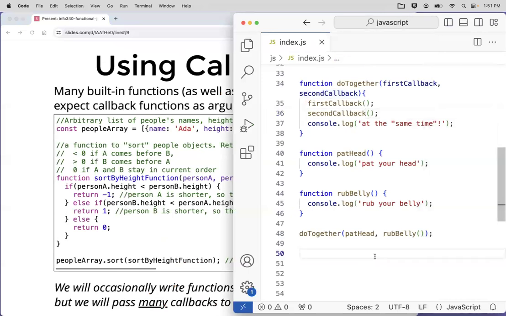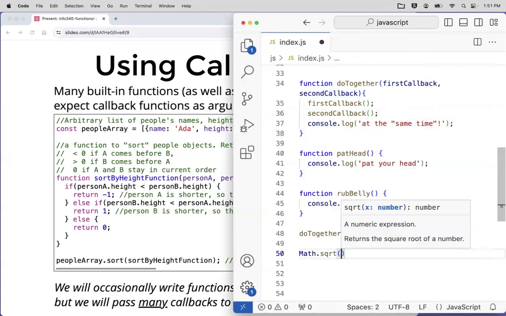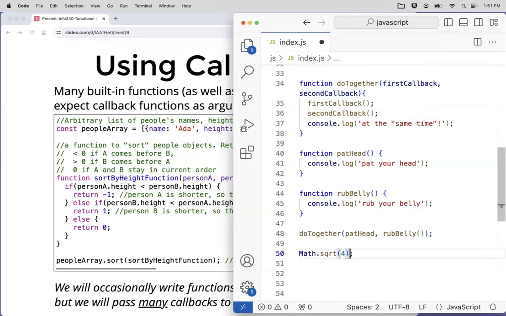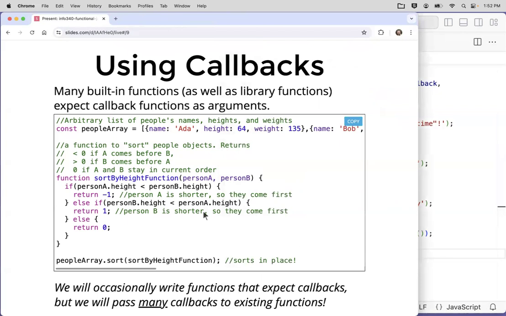So the same way that if you call Math.sqrt, you have to pass it in a number, right? It expects a number. You can't pass it in a string. It will get mad. That will not work, right? This function expects a number. There are functions that are built into JavaScript that expect other functions, that expect recipes as their arguments. As an example, just to show you that such a thing exists,